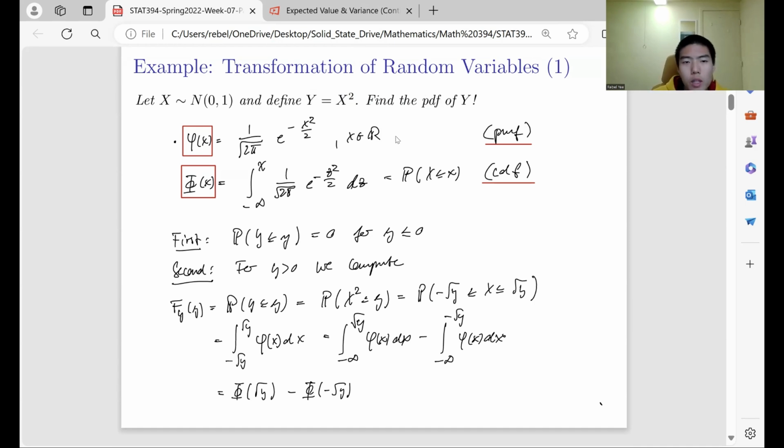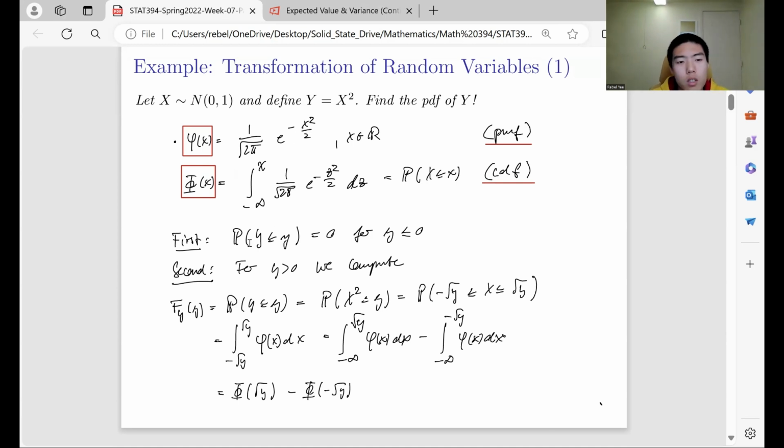So let's see the PDF of the standard normal distribution. It is this one, for all x in R. And its CDF is just computed by adding an integral on it. This is the PDF, and the CDF is P(X smaller or equal to x). Here x is a realization, in this case a variable, and X is the random variable. So we know its PDF and its CDF, and we can use this information to find